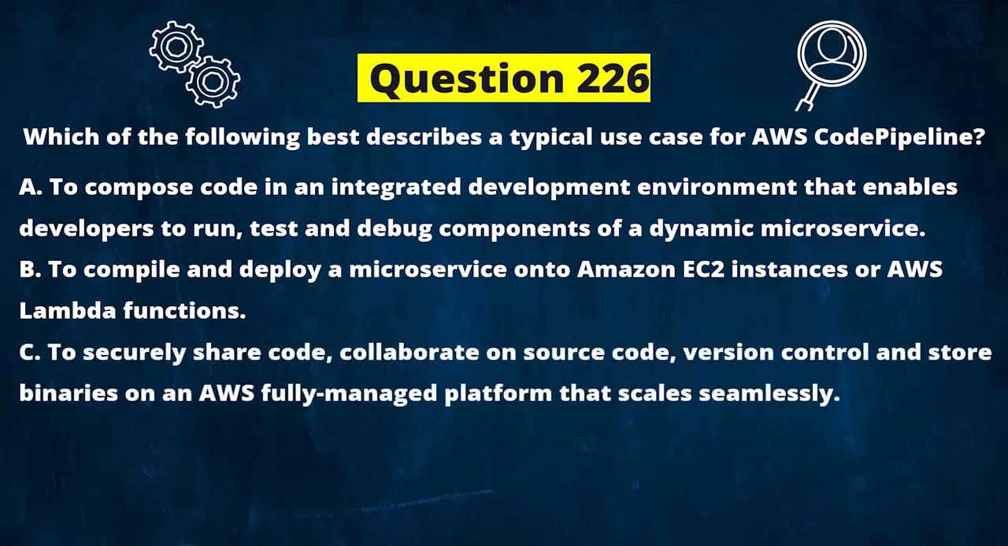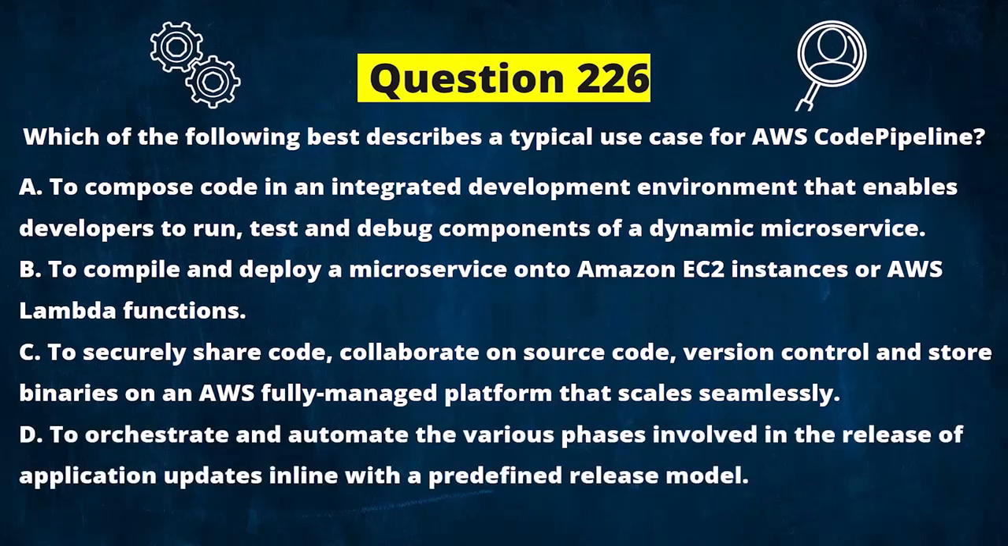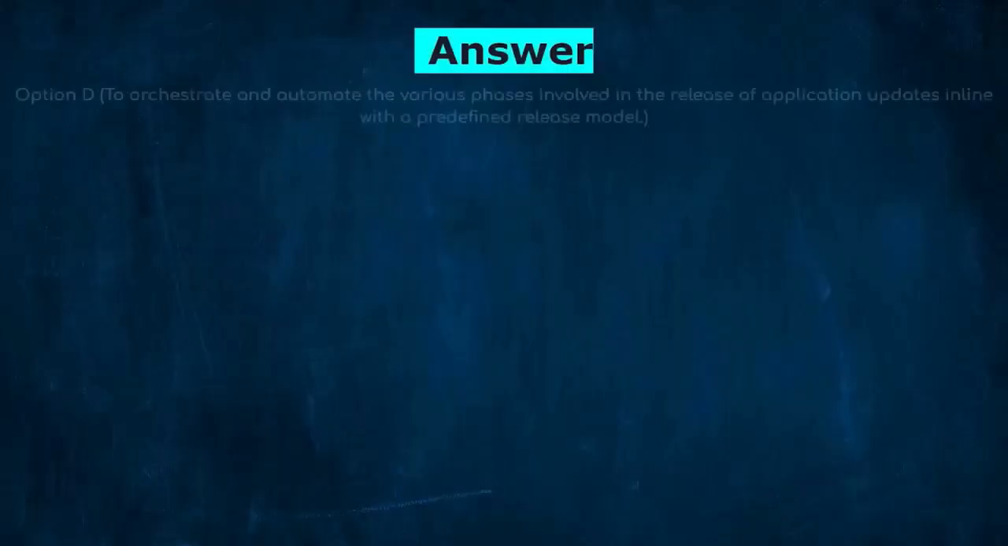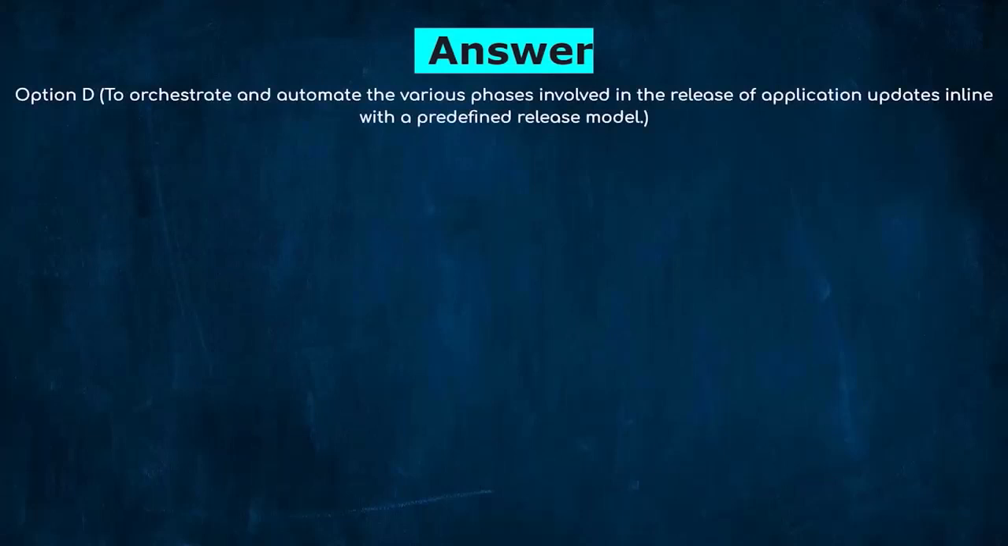C. To securely share code, collaborate on source code, version control, and store binaries on an AWS fully managed platform that scales seamlessly. D. To orchestrate and automate the various phases involved in the release of application updates in line with a predefined release model. And the correct answer is option D. To orchestrate and automate the various phases involved in the release of application updates in line with a predefined release